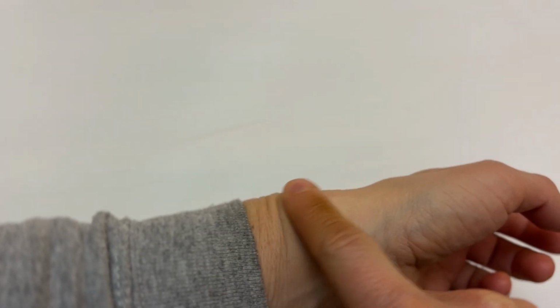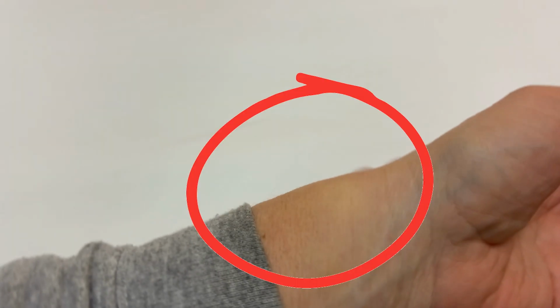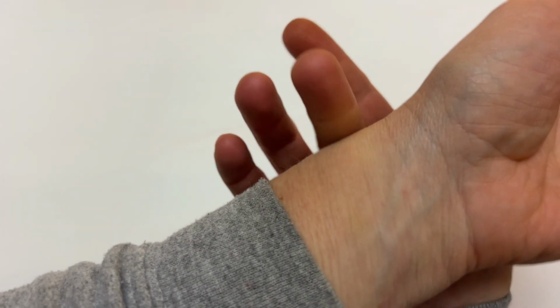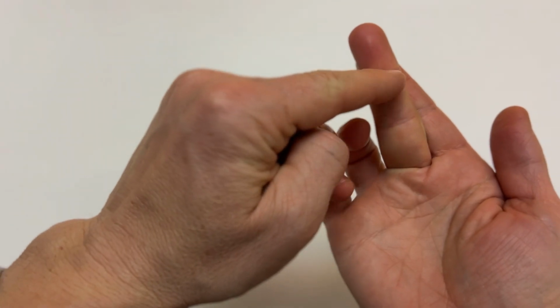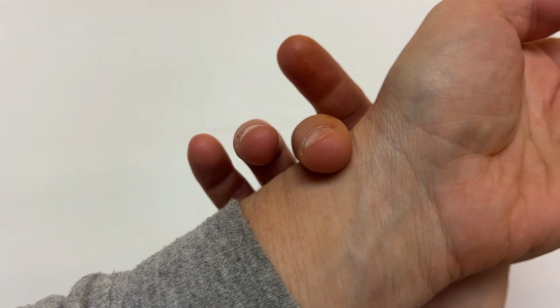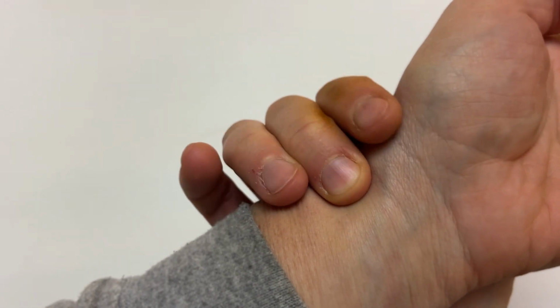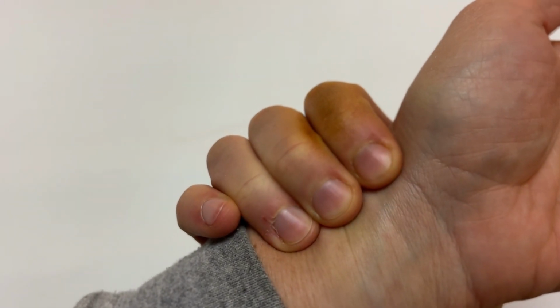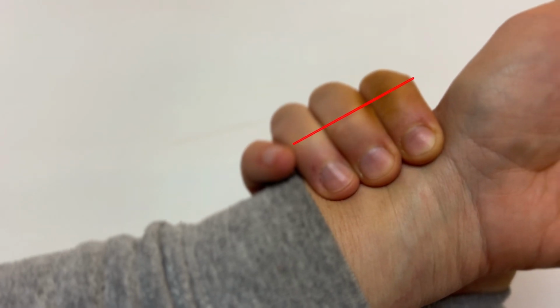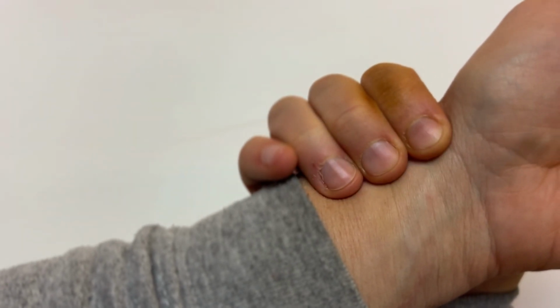Really easy, that's the little bumpy part on the bone. You're going to then want to take your middle finger and wrap it around so that the line of your third metacarpal joint is going to line up and be at the very top of that styloid process, and then wrap it around so it gets next to the bone. Then you're going to want to line up your first, second, and third fingers so that they fall in line.